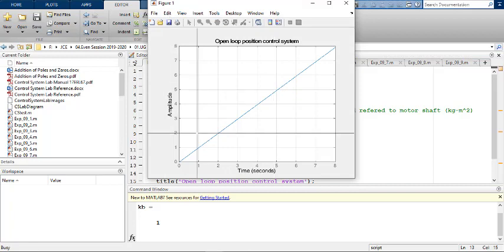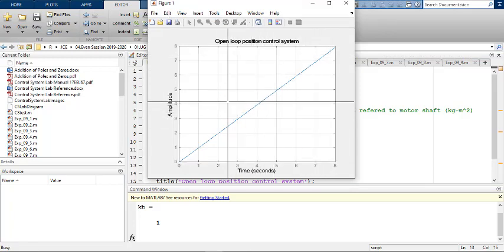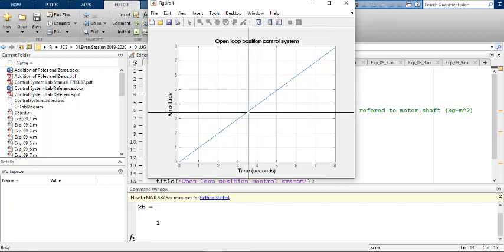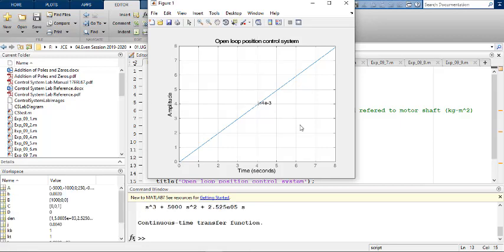So you can see this is our output, and since you have used that gtext, I have this pointer, and wherever I click it, that text would be printed. So if I click somewhere here on the graph, it will be J equal to 4e-3.